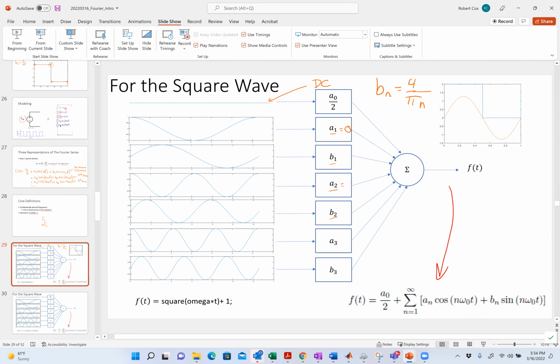So all of my A values are 0. And my B value, this guy was 4 over pi. This one here is 0 because I said it didn't have second harmonic. This one is 4 over 3 pi because I do have third harmonic. And so basically the goal in Fourier analysis typically is I'm going to present you with a waveform like this